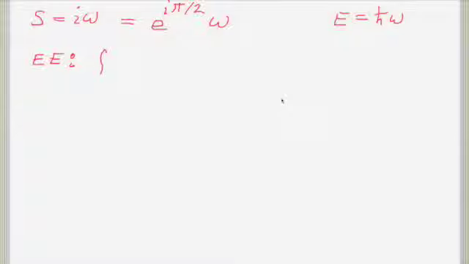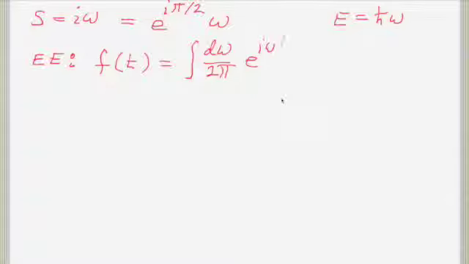We say f of t is equal to the integral d omega over 2 pi of e to the i omega t f of omega. And I'll label this f_EE of omega. This is how we do our Fourier transform